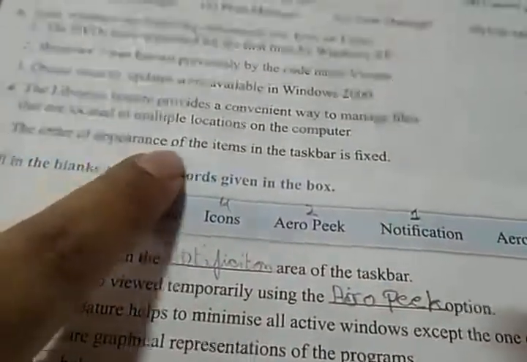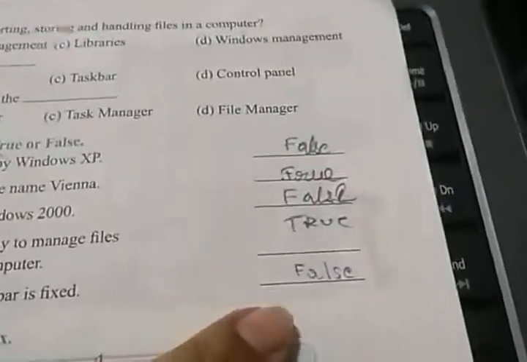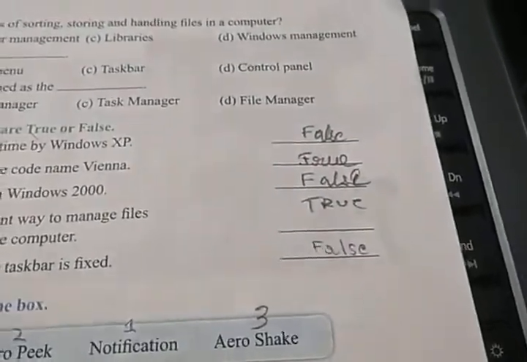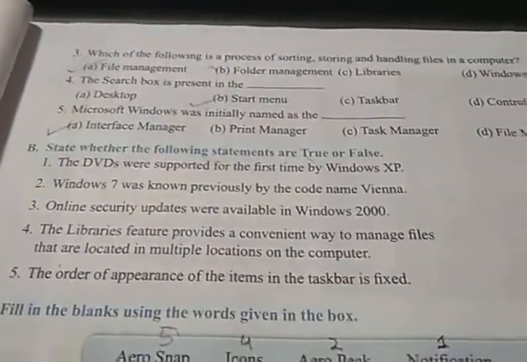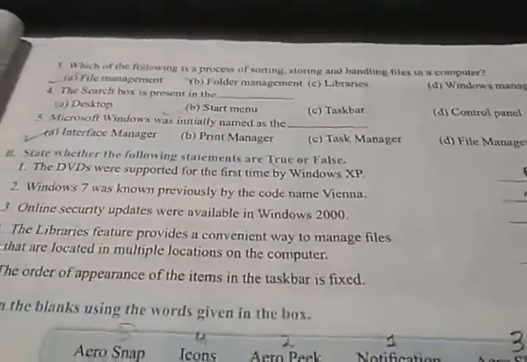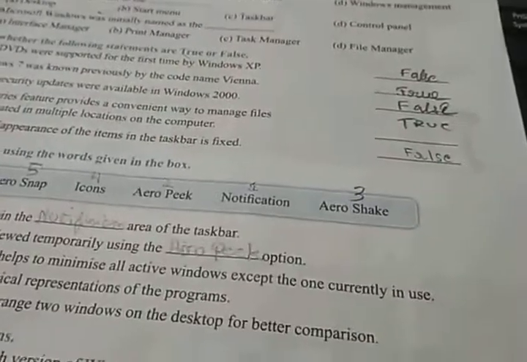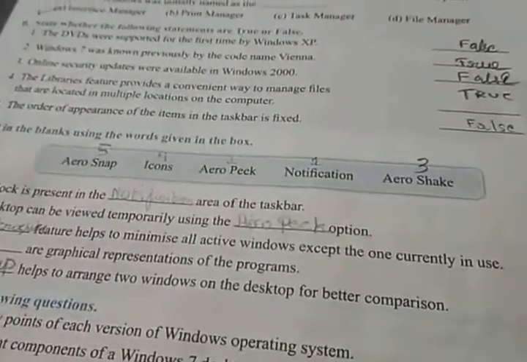The order of appearance of the items in the taskbar is fixed. Obviously it is false, because whenever we want, we can change the appearance of the items in the taskbar by simply clicking and dragging. In our next video, we will discuss how to change the wallpaper and screensaver and the rest of the question answers.